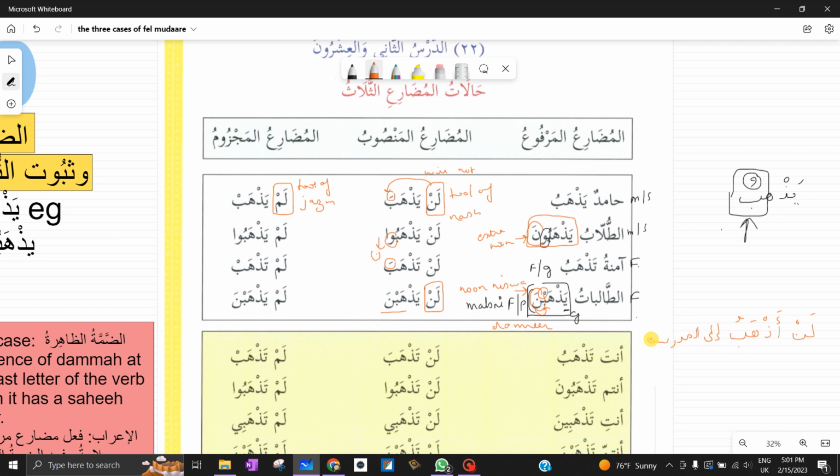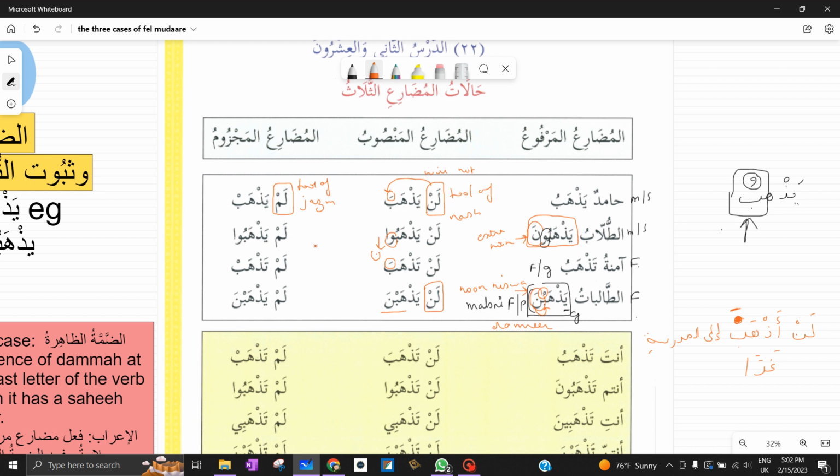Ilal madrasati ghadan. Anything you can write, like الأسبوع القادم or غدا, morning, anything you can write. لن أذهب, sorry, it will change. When you use لن, it will change from dhamma to fatha. لن أذهب إلى المدرسة غدا. So that means you are negating in future. That's when you will use لن.